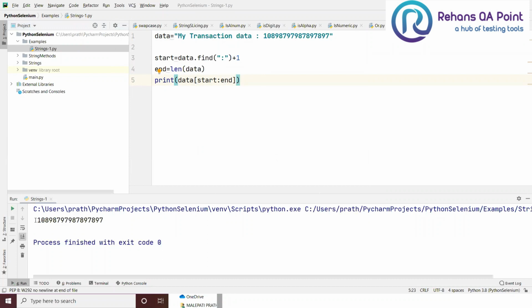But unfortunately, I can see a space there. So how to remove the space? Just now we told about strip. So use your strip so that you won't get the space also. See now, there is no more space available, and I can fetch my number. These kinds of validations very often come up in your QA process, guys. I got my number out. This is very easy. This is a very simple example that we have seen today.